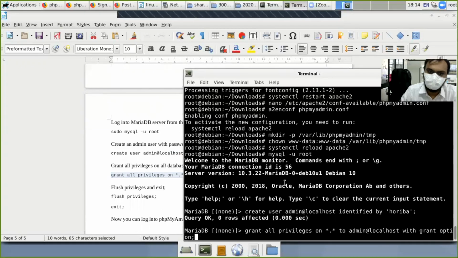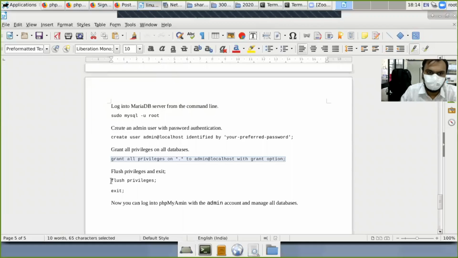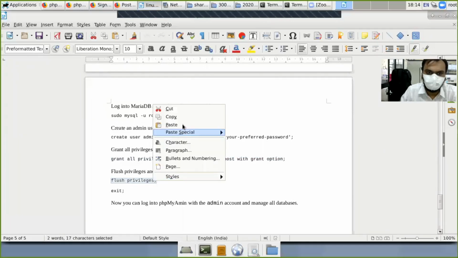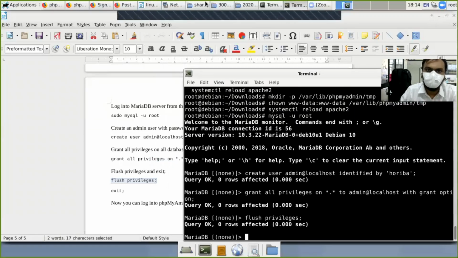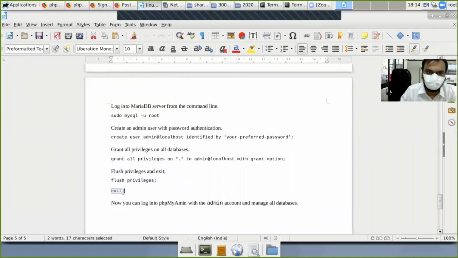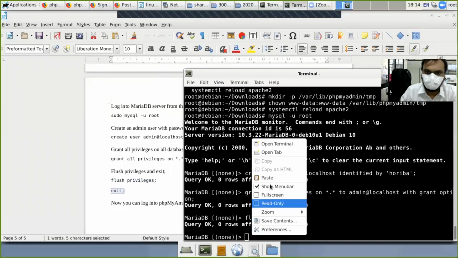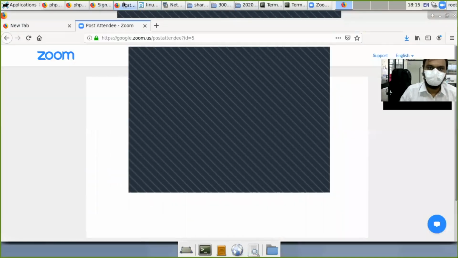So those are all the steps of the phpMyAdmin installation with Linux, Apache, MySQL, and PHP.